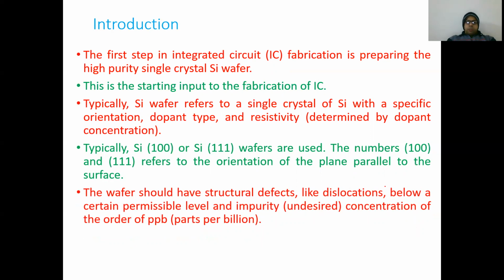The wafer we produce is bound to have some structural defects. Also, some dislocations might be there, but they should be below the permissible level, and impurities should be at some level in parts per billion and under an acceptable level. That is not of concern right now, but we should be aware that electronic grade silicon does not mean that it is completely pure. It has some impurities, dislocations and structural defects, but that is within limits.